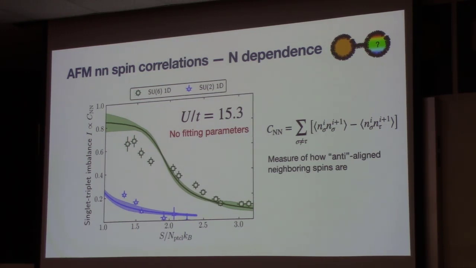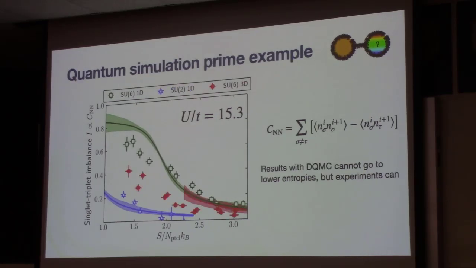So we were really excited about this. And then they said, well, we also have some data in 3D. So the 3D data corresponds to the red markers that we have here. And as I said before, we cannot do exact diagonalization in a 3D system. It's just too big. So what we did here was determinant quantum Monte Carlo simulations. And those correspond to the dashed lines here.